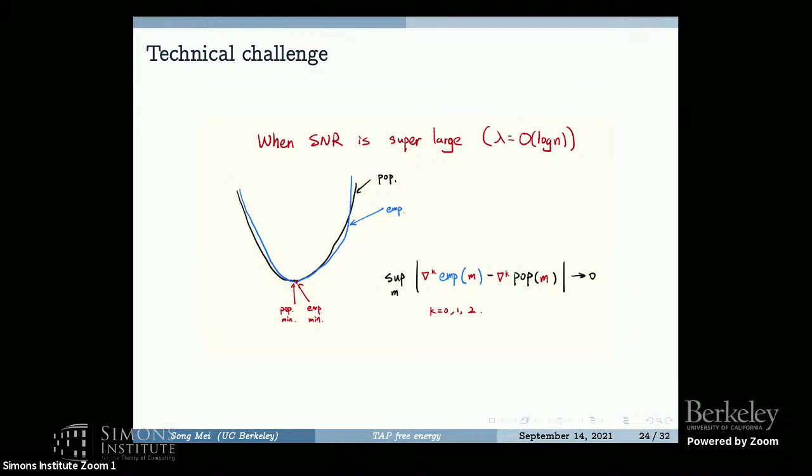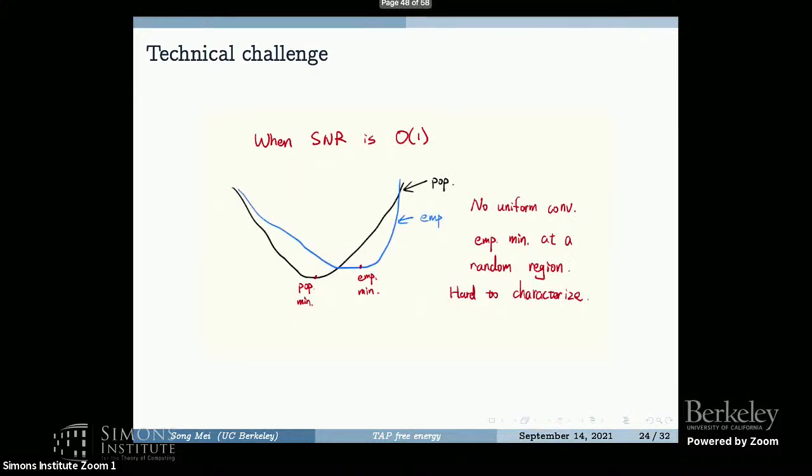If this happens, then we can just look at the neighborhood of the population risk minimizer, which is the true X, and then analyze this neighborhood. This is a deterministic neighborhood and it is very easy to show geometric properties. But the difficulty is that, when the signal to noise ratio is of order 1, the empirical risk minimizer will be far away from the population risk minimizer. And then the empirical risk minimizer will be at a random location. So it's hard to deal with this minimizer of the empirical risk. And you want to not only locate where the empirical risk minimizer is, but also talk about the local geometry around it, which is not an easy task.